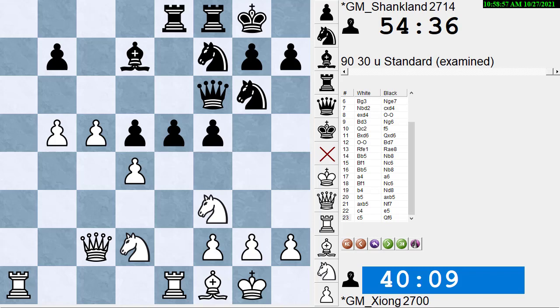knight on e1 with his queen, put the queen on the e file, he could play the rook to the e file, he could guard the pawn on b7 with a move like bishop c8, or knight, well, he doesn't have knight to d8 anymore, the knight on f7 is the one that took back on e5. Alright, so